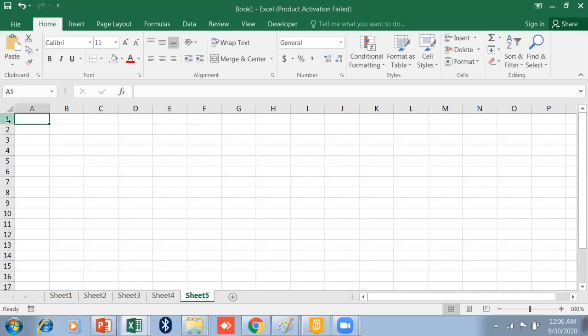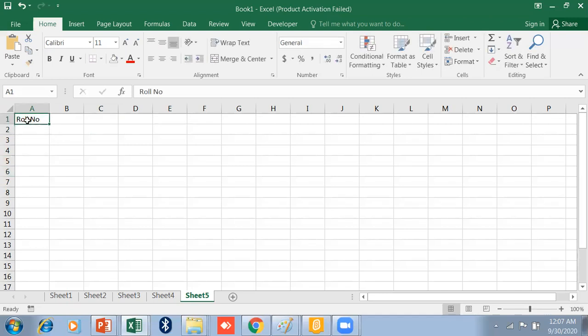Okay, suppose you have written roll number and by mistake you have put double dots, and you want to edit. See, I have pressed the F2 function key for editing. Okay, so now see, this is the Edit mode. Just backspace on it and write just Roll Number. This is a roll number.